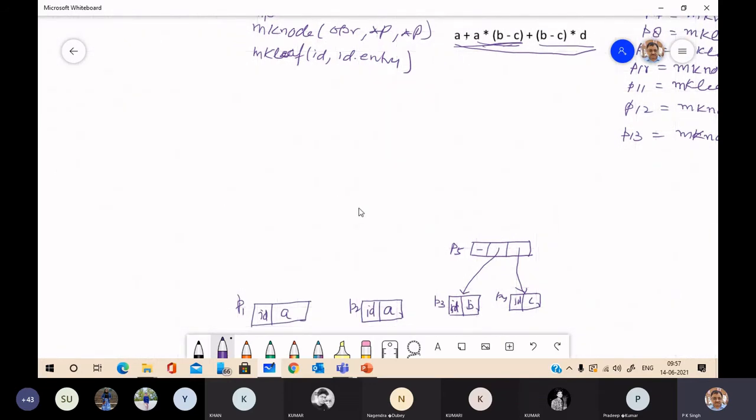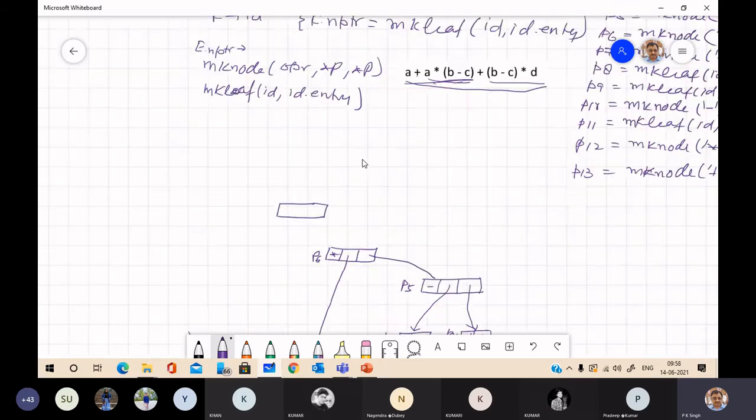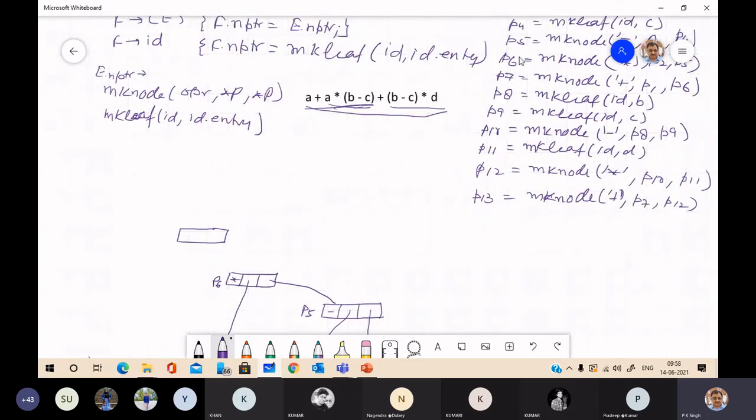So here you just see P6, multiplication, P2 and P5. Okay, it is P6. Then again P7, a new node, which, if you see, P7 is make node plus P1 and P6.